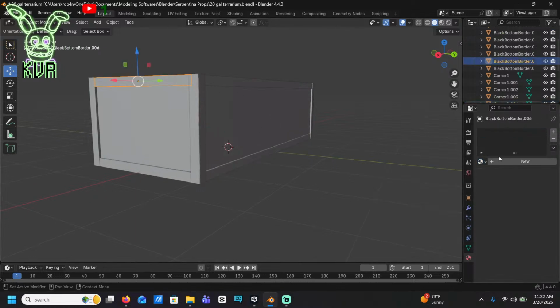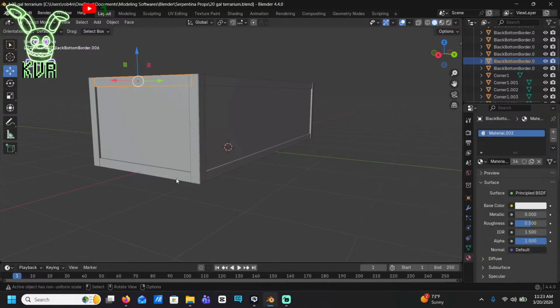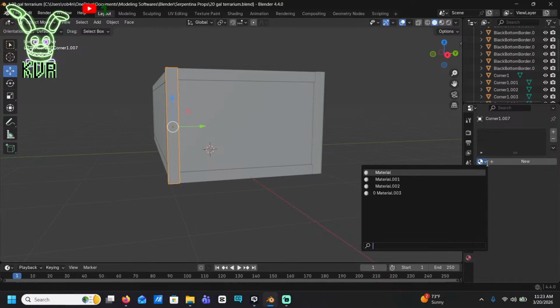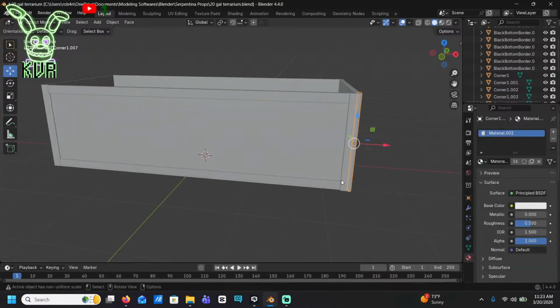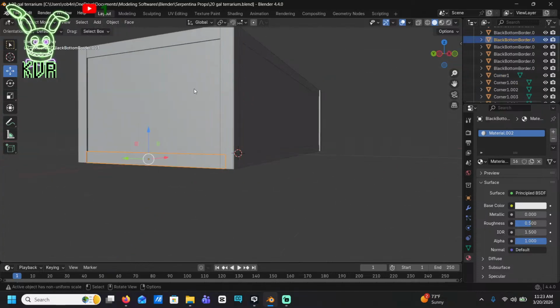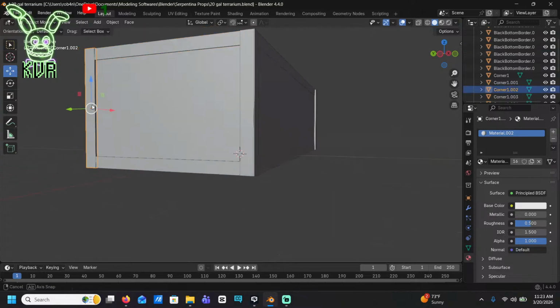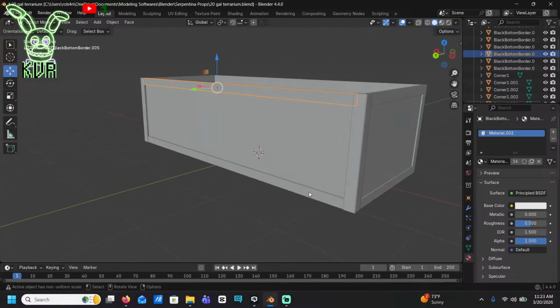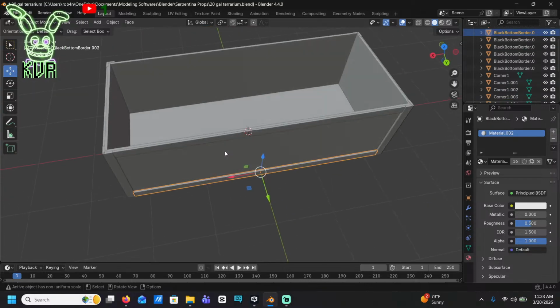This is the fun and exciting part of modeling. I love sticking the same texture on every single thing. Make sure I got everything. Okay, I think I got everything.